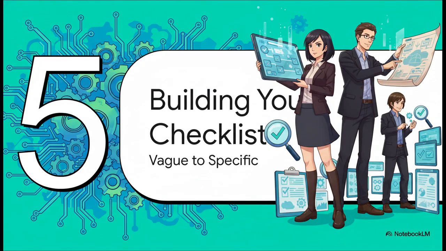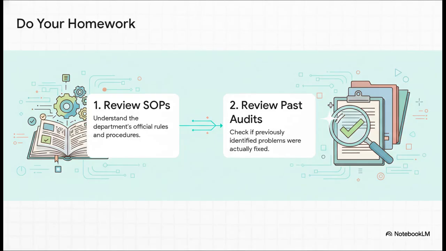All right, we're at the last and most hands-on part of our planning blueprint, actually building the checklist. This is where the rubber meets the road. It's where we turn our big picture strategy into the specific tool we're going to use on the ground during the audit. A good checklist isn't something you just write from memory. You don't pull it out of thin air. It's built on research, on homework, and there are two parts to that homework.